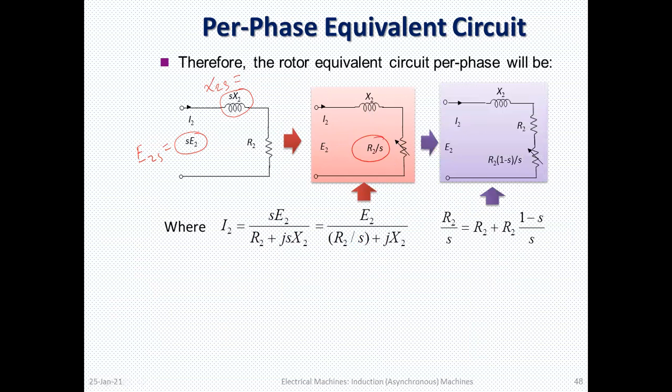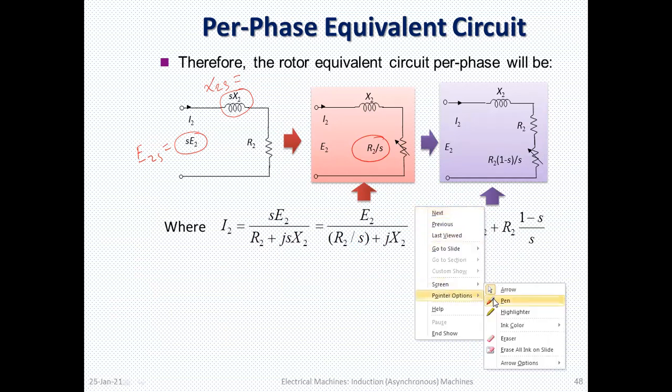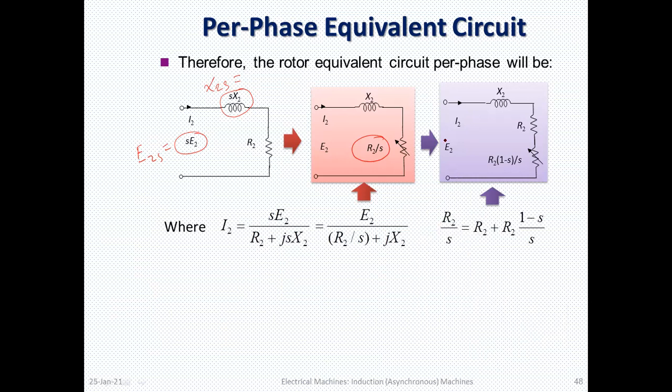So another equivalent circuit can also be drawn using this relation. That relation is explaining this condition. Another modification is also done here. So I2 is here the same, X2 is here the same, but R2 by S has been changed. There is a logic why it has been changed. R2 by S has now been broken into two parts.